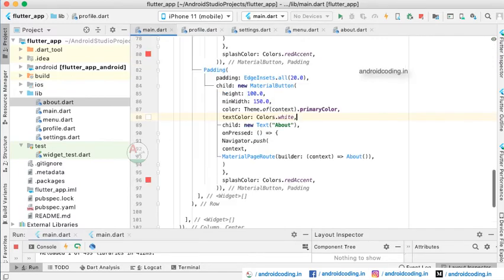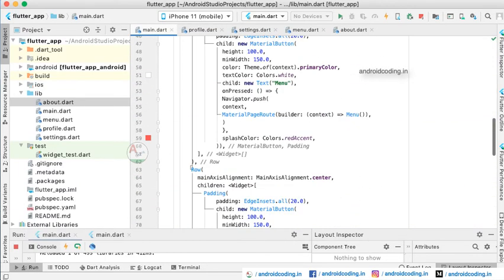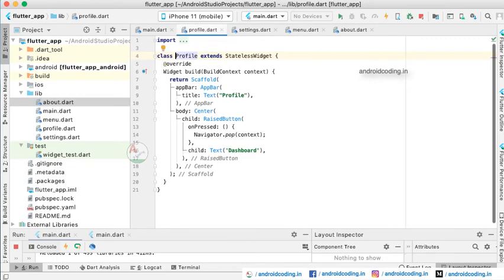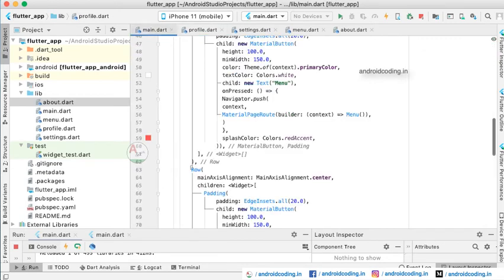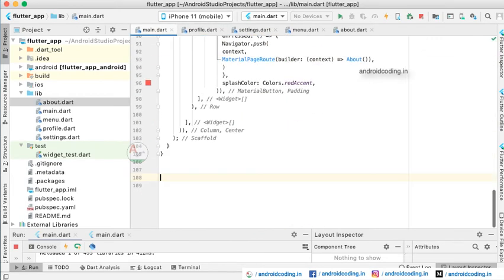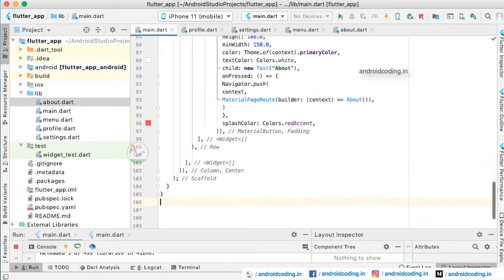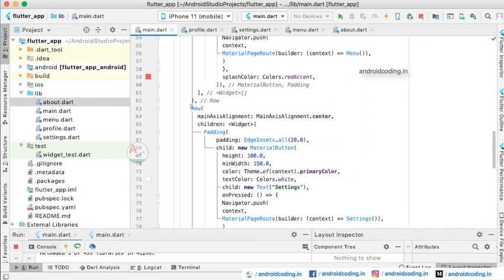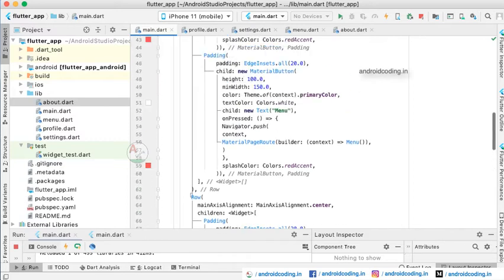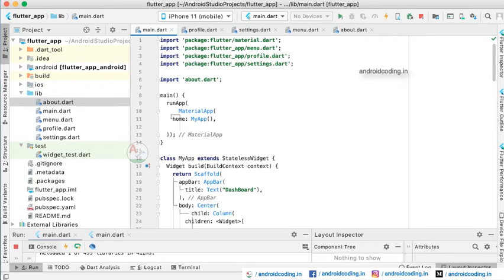One more thing to show you: these screens, class Profile, StatelessWidget, this entire code we can also place here. But whenever you deal with big projects, it's better to separate the code depending upon modularity, because keeping the code in a single page may be confusing and tough for any developer to go through.